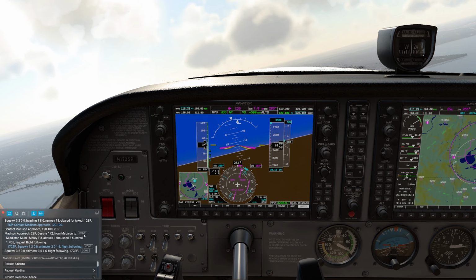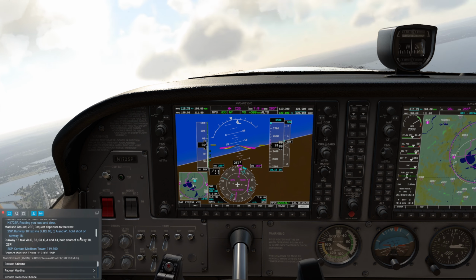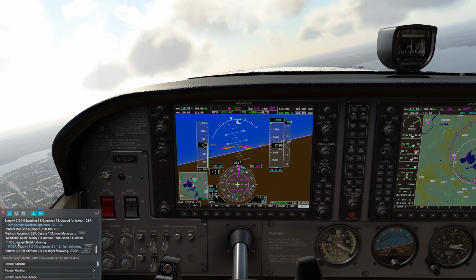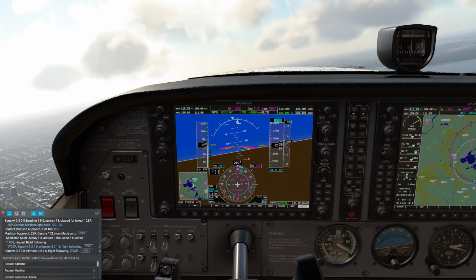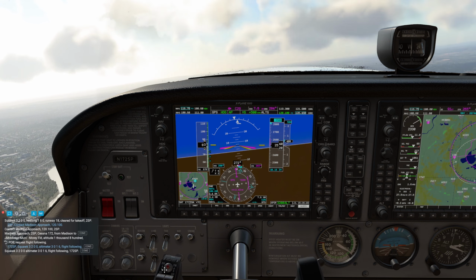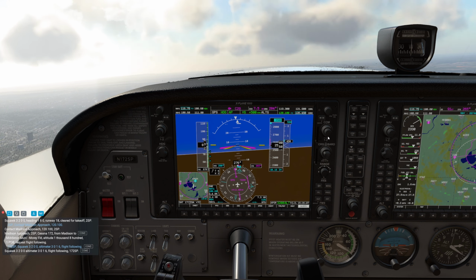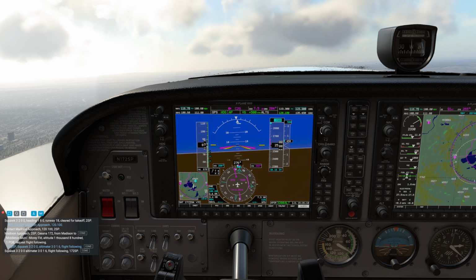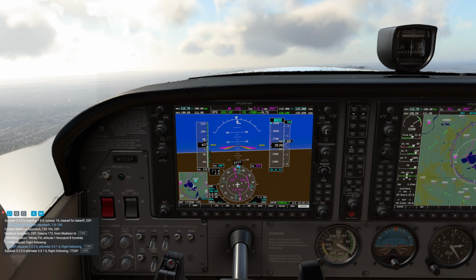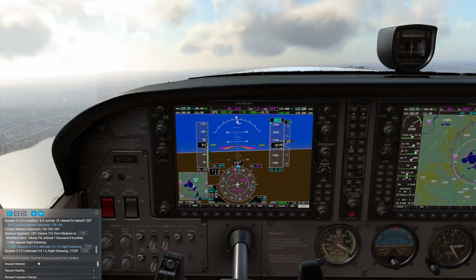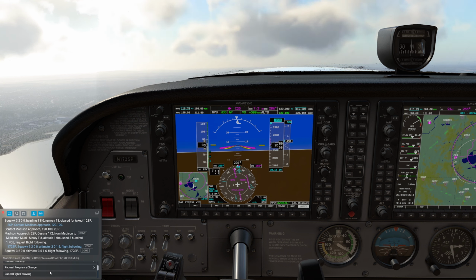And the other thing that's nice is it gives you an indication which comm you're on. So before, when we were all on comm 1, then it switches us to comm 2. Now, if I want to land at Maury, I obviously need to tell the controller I'm going to be landing at Maury and leaving your frequency. You can't just leave, which is something that's not fully modeled on Flight Sim. So we're going to do a request frequency change to,